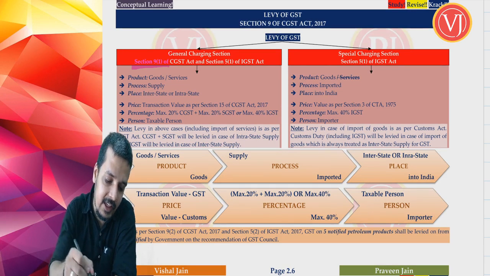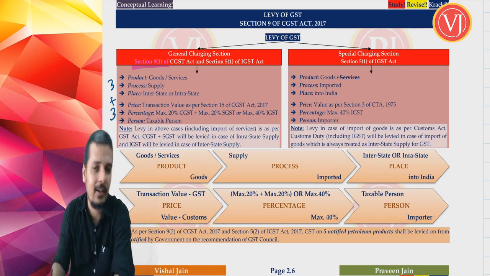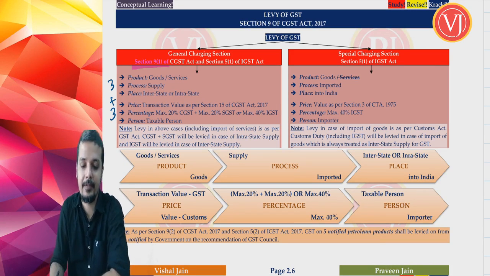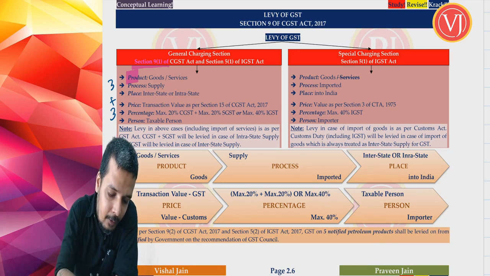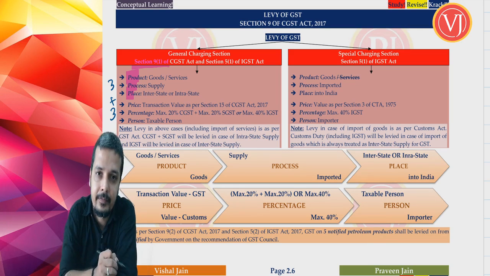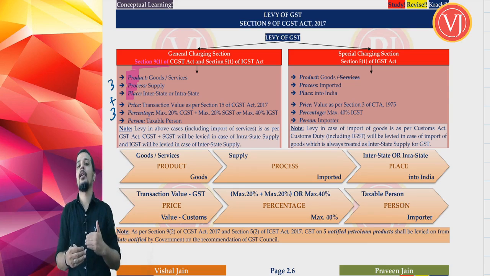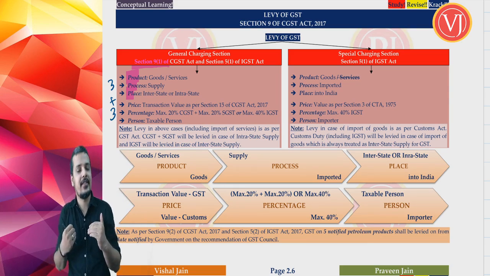We call it as 3 plus 3. 3 P's plus 3 P's. Again mathematics, 3 plus 3 P's. So we are having totally 6 P's. Right? What are the 6 P's? First, it is product. Second, it is process. Third, it is place. Right? So first you have to satisfy the first 3 P's. Only then you can go to the next 3 P's. Before fulfilling the first 3 P's, don't try to enter inside the next 3 P's.